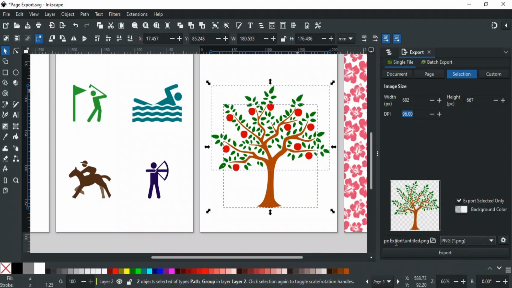Next is the export directory. This is where your file will be saved. Click this Browse button if you want to change it to another location. If it's okay, then set the name for your image, and click Export and your image will be exported to